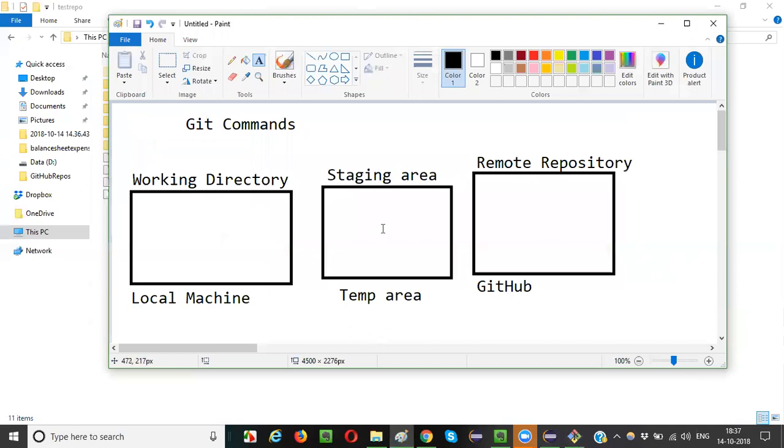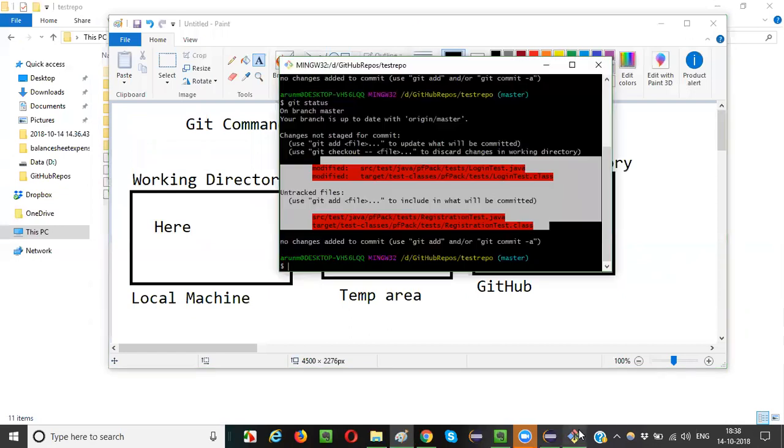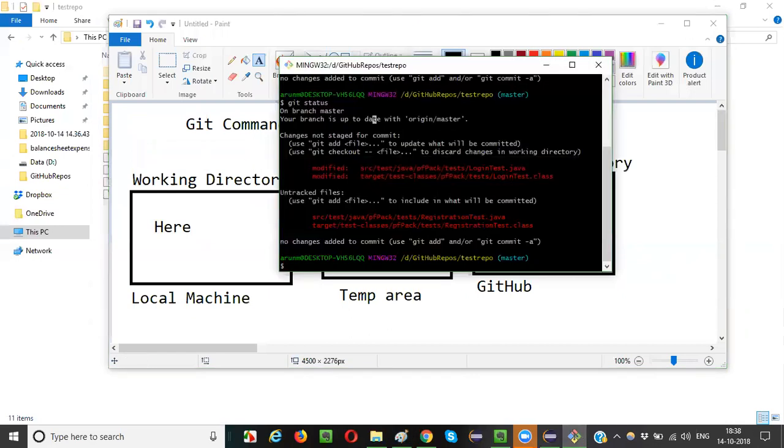Working directory or staging area or remote repository? Whatever modifications I made are here, guys. When I say git status, I'm seeing some changes made in the local working directory. At present the changes are here, guys. The next step is I will say git add